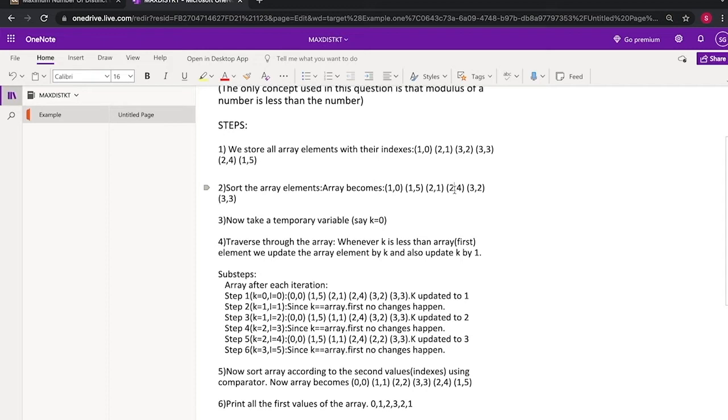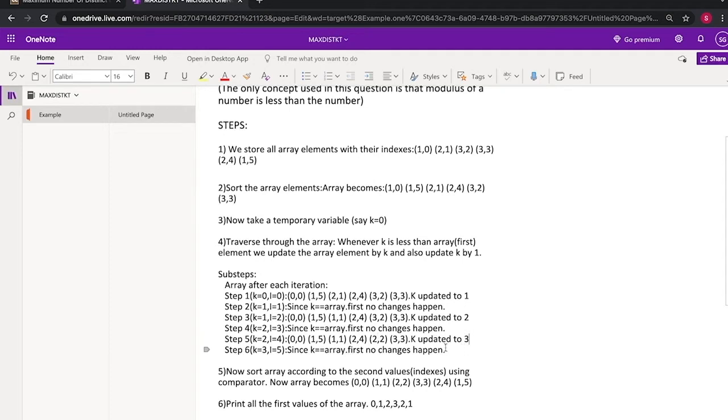It is equal to 2 and k is also equal to 2, so we do not make any changes. Next we'll move to the fifth element and its first value is equal to 3, which is greater than 2, which is our k. So we'll update the array element with 2 and update k to 3.